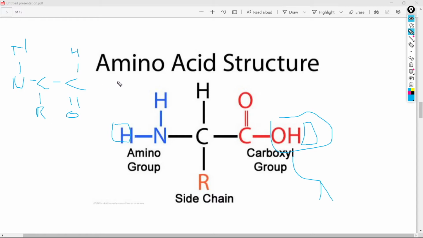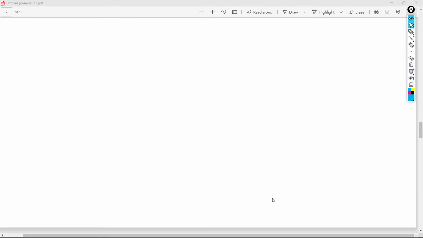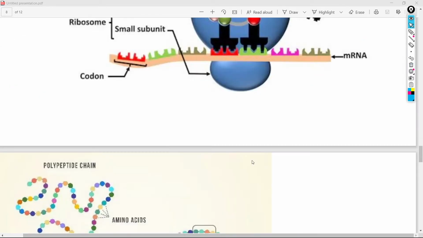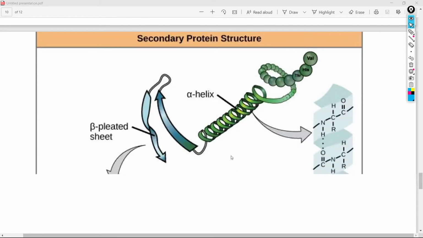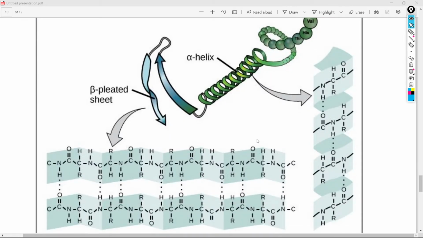And this occurs over and over again, as you can probably imagine. So this brings us to our secondary stage. Our primary stage is basically just the order of amino acids here. Our secondary protein structure has 2 main